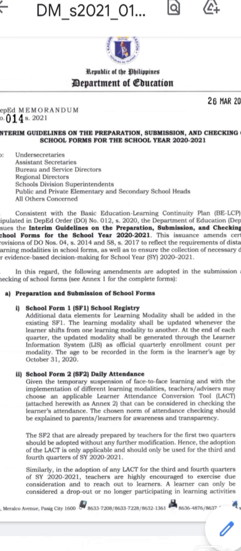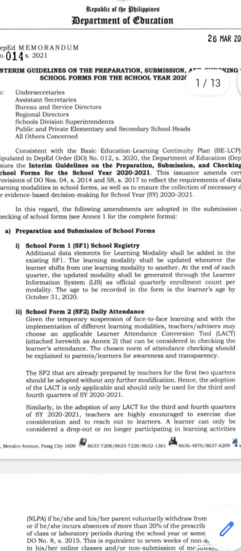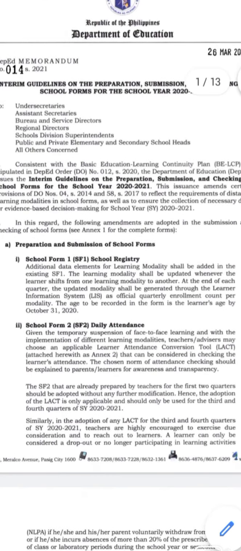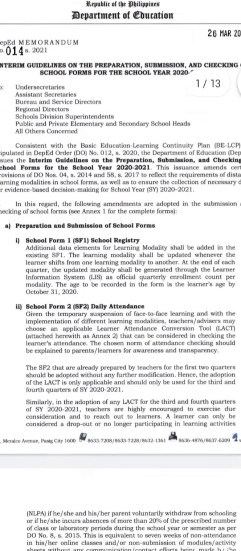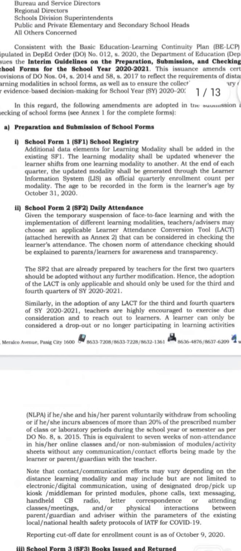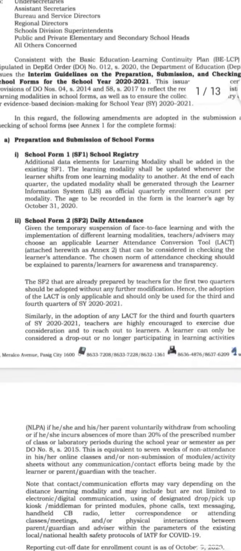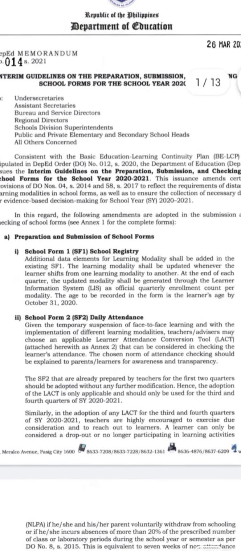So, malalaman ngayon natin kung saan patungkol ang DepEd memo na to at kung paano ang gagawin sa ating mga school forms, lalong-lalo na sa pagprepara, pag-submit at pag-check ng mga forms ng mga bata ngayong nasa iba't ibang teaching modalities tayo ng bansa because of the pandemic. Okay, so sabi dito,